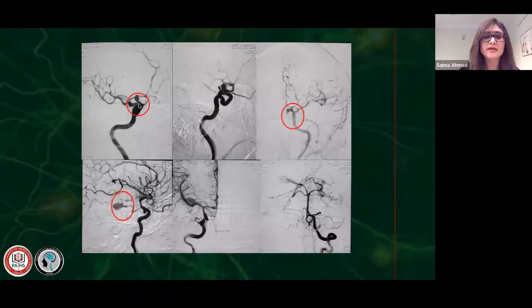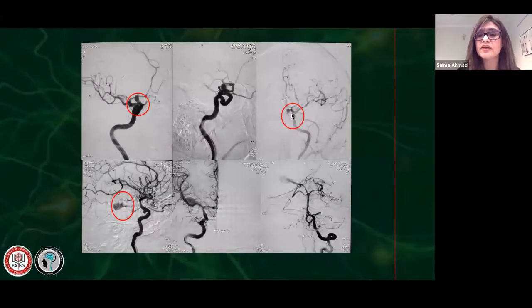So this is the paraclinoid aneurysm. It is along the clinoid segment, and it is intradural. This is AP and the lateral view. The next is a peculiar type of aneurysm. This is the superior hypophyseal artery aneurysm, and it is always medial and inferior, opposite to the ophthalmic artery aneurysm, which is not here, which is